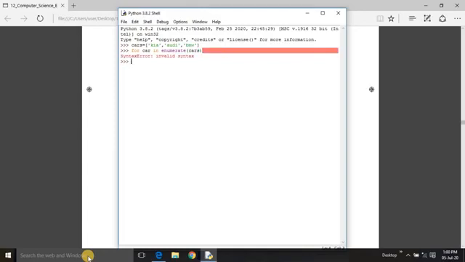There is a syntax error. What is the syntax error? We already know. For car in enumerate cars, print car. See what happens, it assigns an index to each and every element in the list. This enumerate function assigns an index value to each and every element in a list.